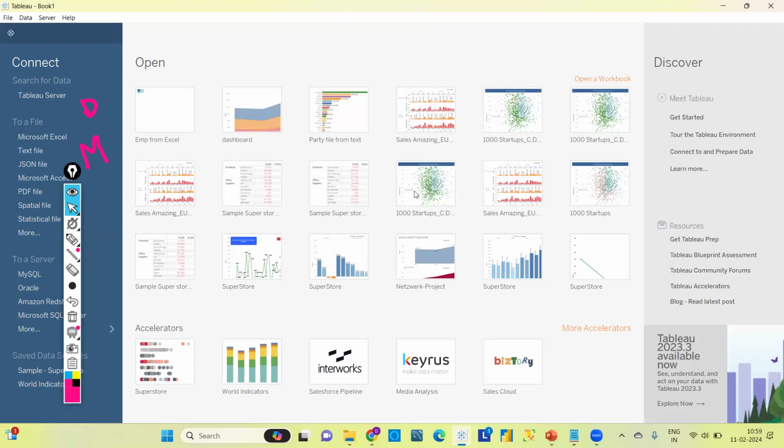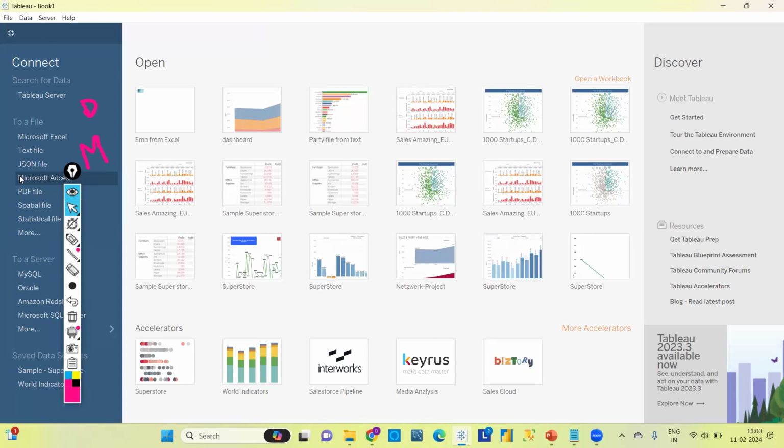As I said in between, these are all the recent reports which I have created. Towards the left, there is the connect option. To analyze any kind of data or to create graphs, we need data, correct? So we need to connect the data to Tableau. The data can be in many forms: it may be in Excel, PDF, a text file, servers or databases. In real time, mostly we will work on databases only.